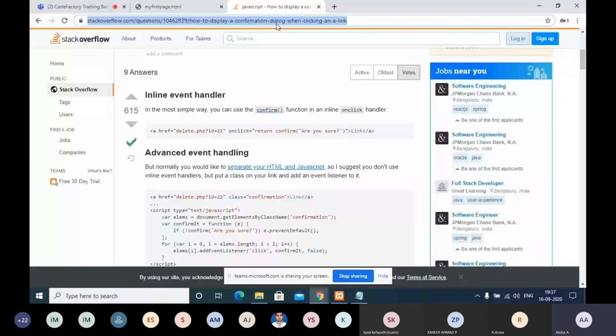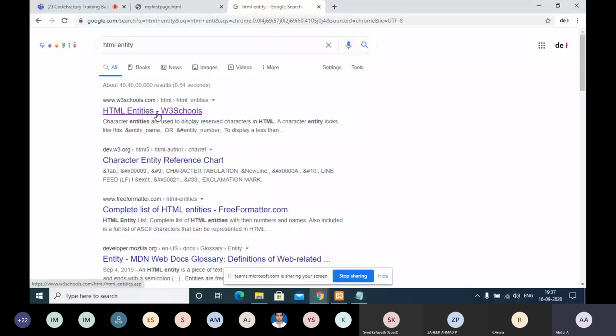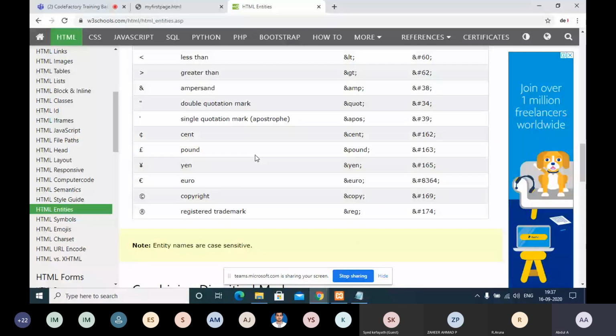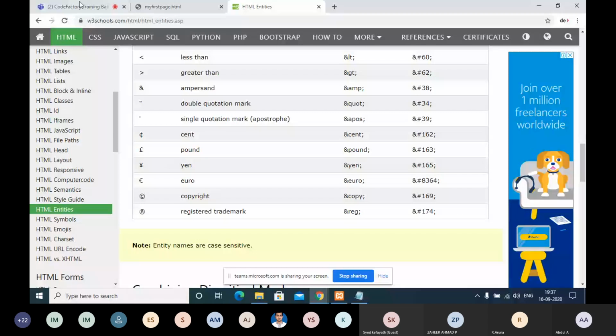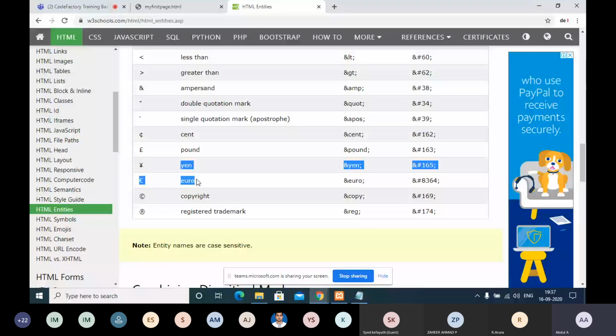If you search for HTML entity, here you can find a long list. For example, if you want to write a pound special character, you cannot find it on your keyboard, am I right? You cannot find many special characters: euro, pound, yen, all these are not on your keyboard.